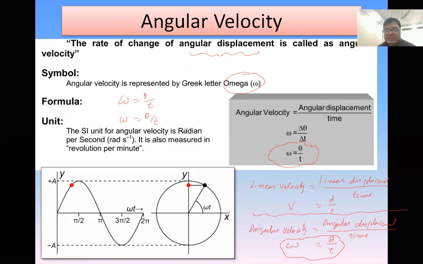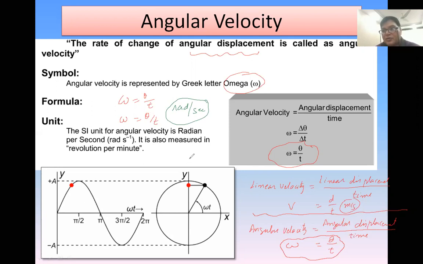And now, let's move towards its unit. Look at what its unit is, please. Everyone knows meter per second for linear velocity. And what about this? What is the unit for angular displacement? Yes, angular displacement in the previous lecture, it is in radians. And time is always in seconds. Look at this one. Radian per second is the unit for angular velocity.